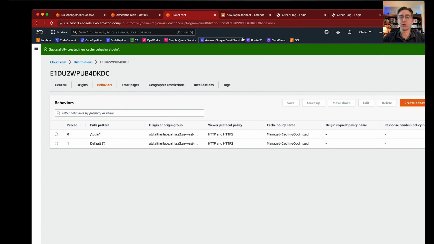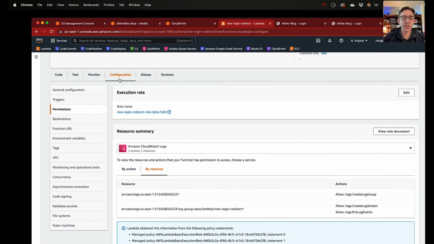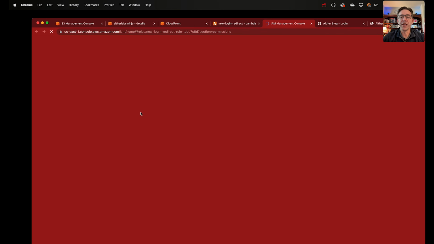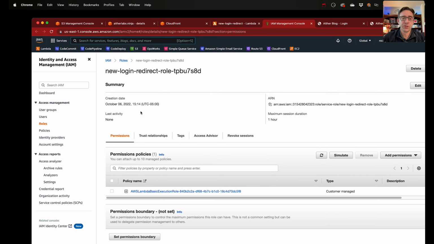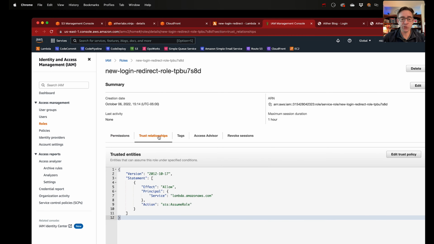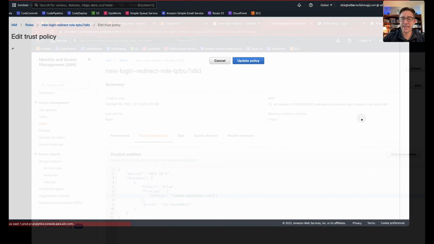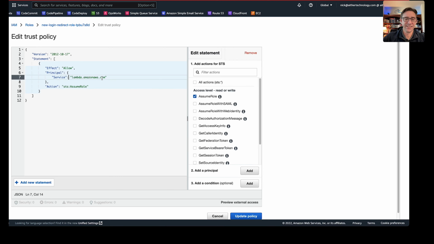All right, so we have this behavior created. Now we need to go back to our Lambda function. For the configuration, under the execution role, click on the role name, and it will open up the IAM management console. Under this particular role, we need to add a trust relationship for the Lambda edge. Where it says service here, right now it's just lambda.amazon.aws.com. We need to edit,